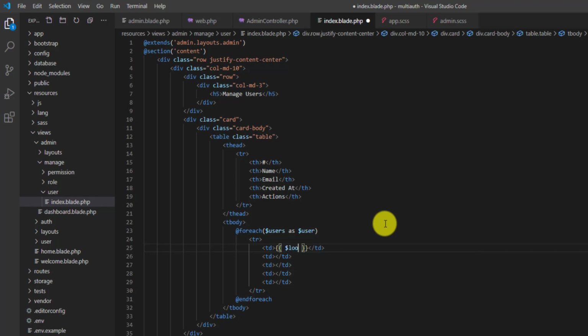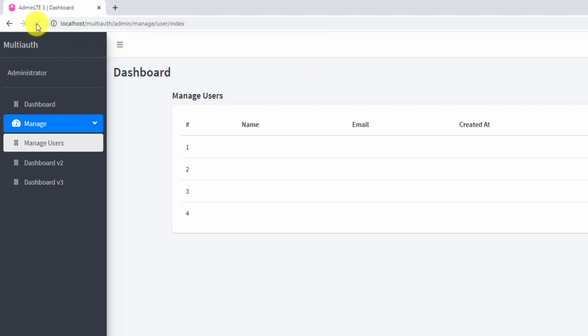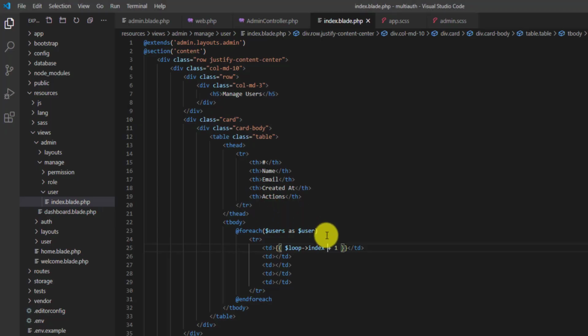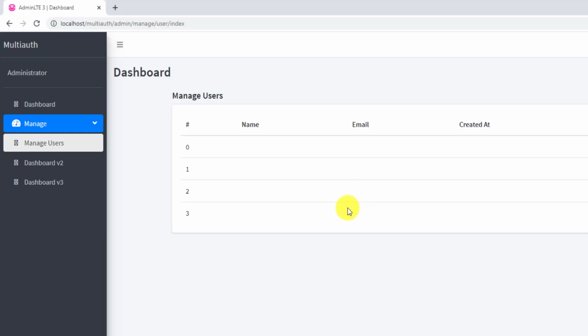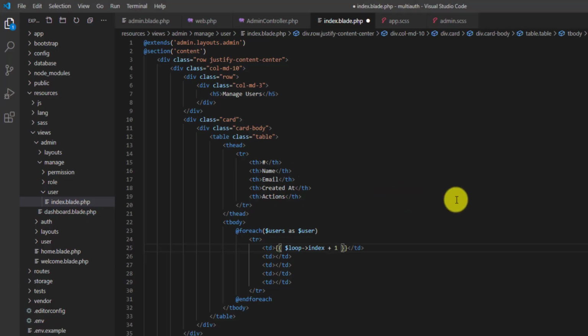So what we can do in here, say loop arrow index +1, and if I check the browser, let's refresh. As you can see, it started from 1 2 3 4, and if I remove this +1, it will start from 0, so we don't want that 0 in here. Let's